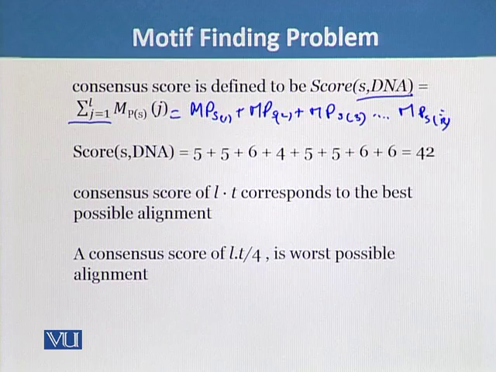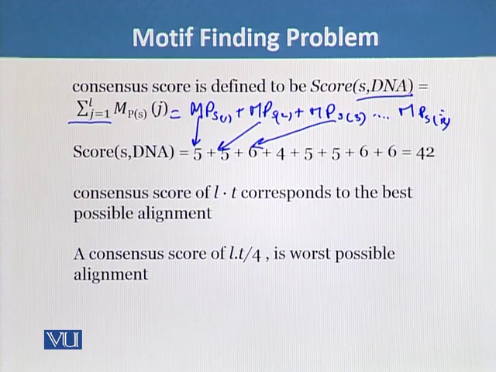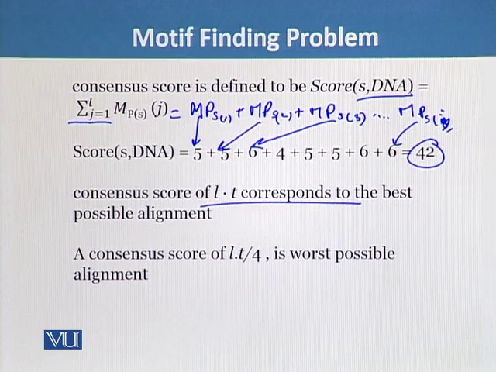So the score in the last figure we can calculate. MPS 1 is 5, MPS 2 is also 5, MPS 3 is 6, and so on. We will add the values of all the MPS, and MPS 8 will be 6. I have skipped some within this, so it comes out to be 42. So we can also calculate the consensus score of this alignment, and a consensus score of this one